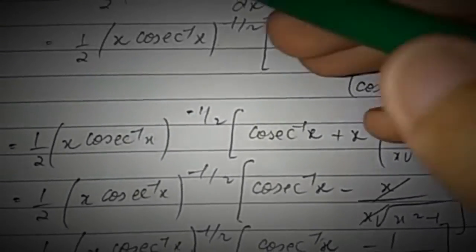So first of all I am solving the question y is equal to root of x into cosec inverse x. Remember it's written x into cosec inverse x. For taking the derivative, we first have to convert the root into half. Always remember that whenever there is a root over the function, we convert that root into the power half, so our calculation becomes easy. It is also the basic rule to solve these questions.